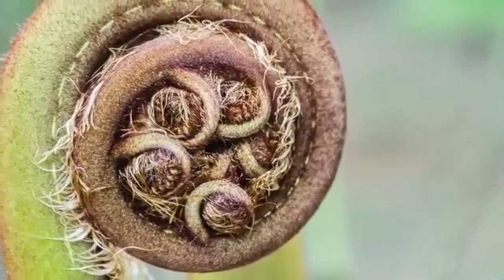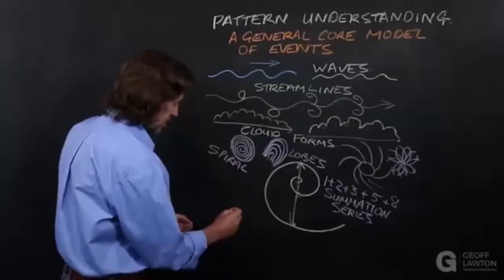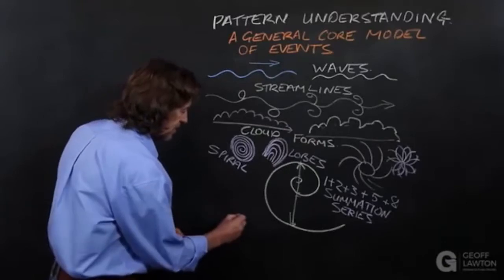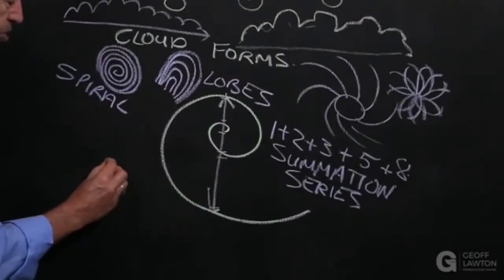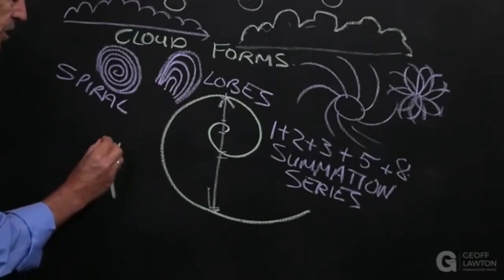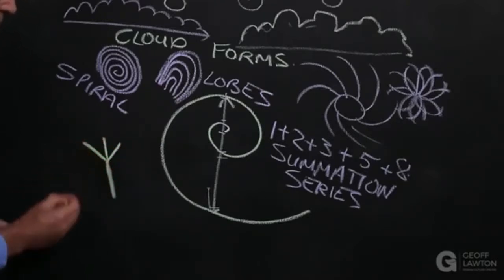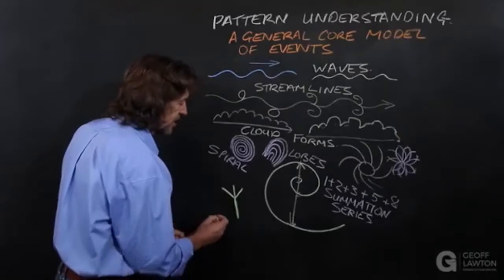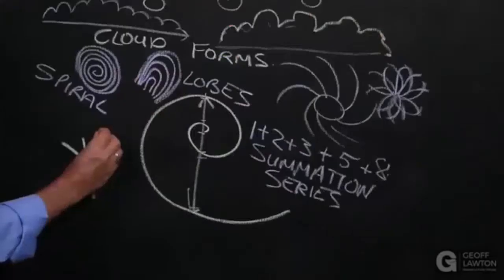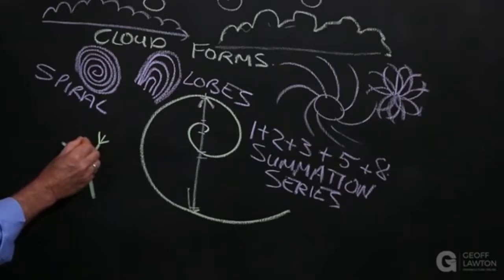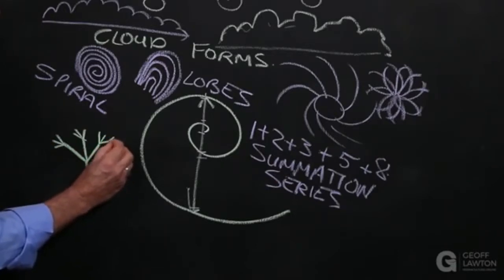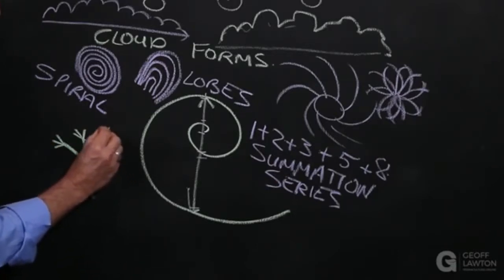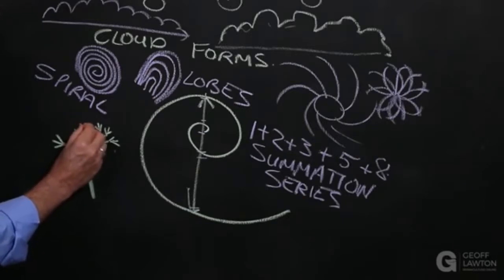We also have branching patterns. So there are branching patterns, and you have one trunk, and it could be the main course of a river because rivers are branching patterns. And we'll do a breakdown of 3. Then you have a slightly smaller set of 3, and then a slightly smaller set of 9. We're going to break down in orders of 3 here. And then we break down again. So now we've got a smaller set of 27.